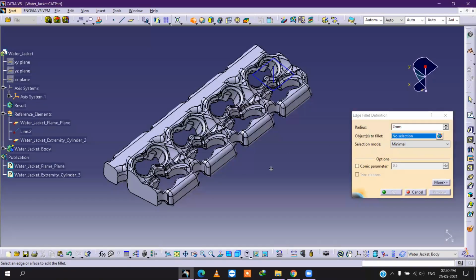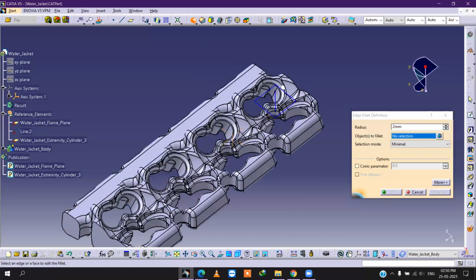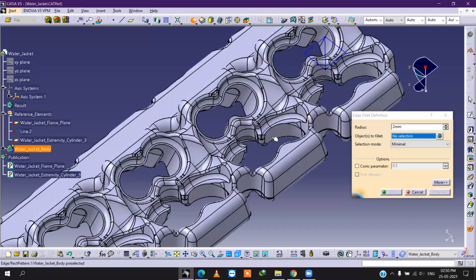And the objects we have to select, this one.